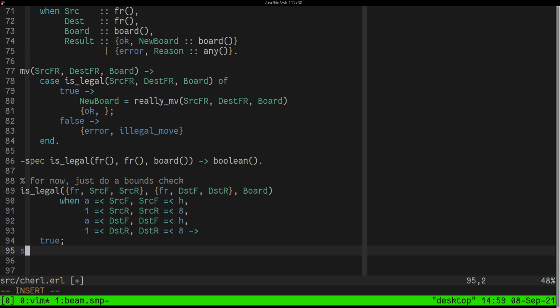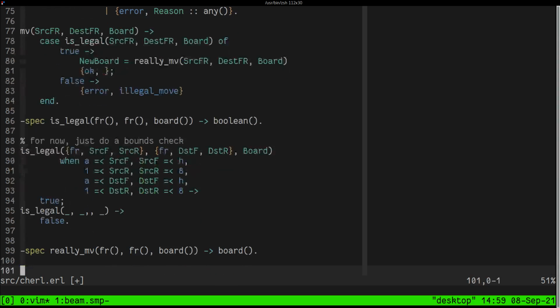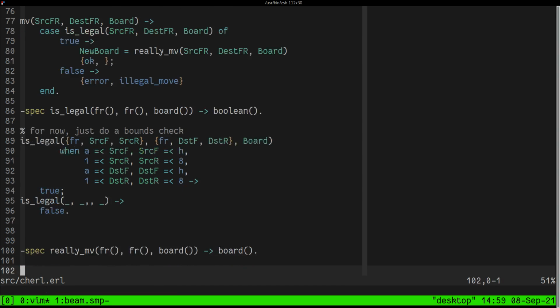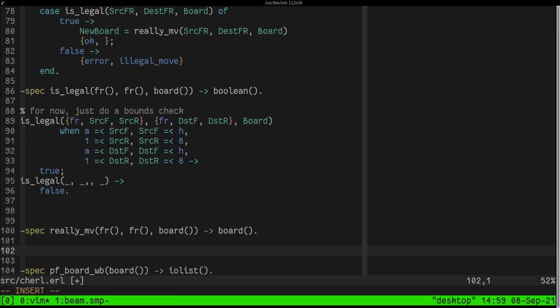And is legal. Otherwise, false. Okay. So it'll let you move anywhere as long as you don't try to move a piece outside of the board. Okay, really move. How is this going to work? So what really move is going to do